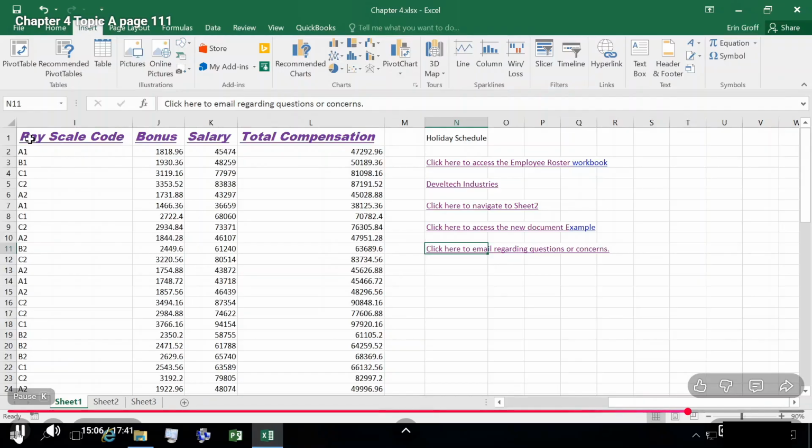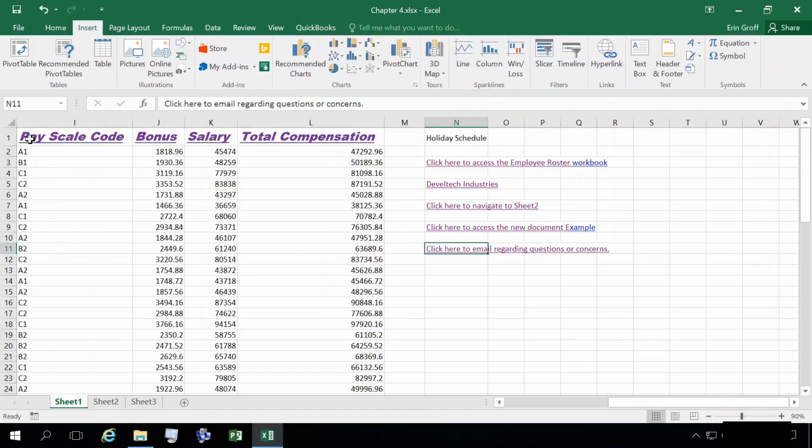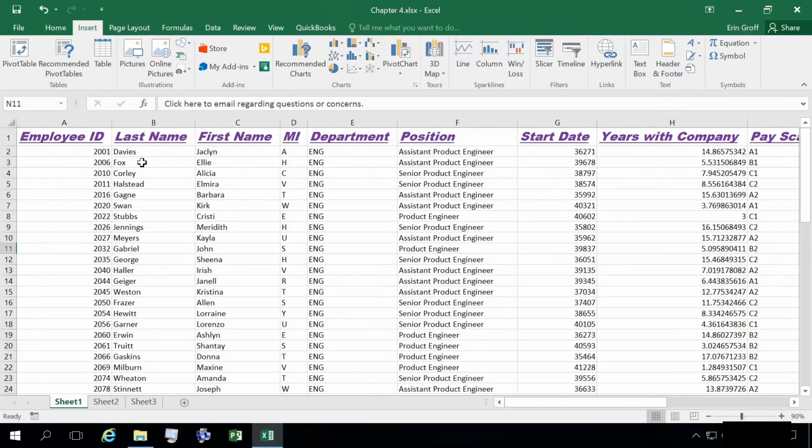Okay, and then lastly for this section, we have our format painter. Now, just like we can copy and paste different text, we can also copy and paste different formatting and leave the text as is. So you can see here I have my column headers all formatted. I'm going to make these